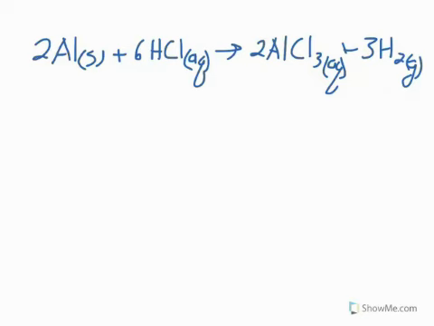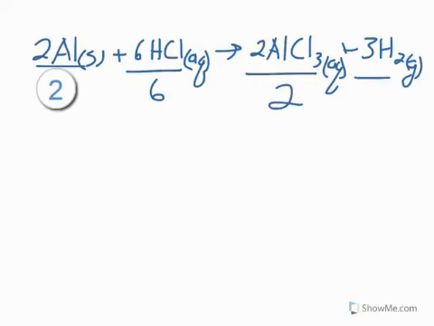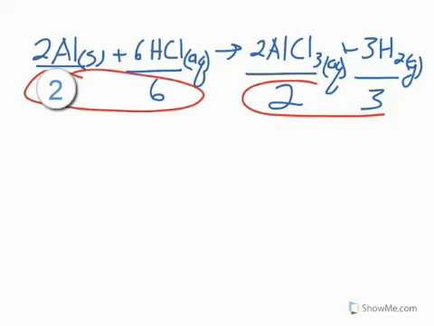So what this means is I have 2 atoms of aluminum per 6 molecules of HCl that yields 2 molecules of aluminum chloride and 3 molecules of hydrogen. These are the ratios of stoichiometry. These are the stoichiometric ratios of one compound to another. So, knowing these ratios, if, for example, I had